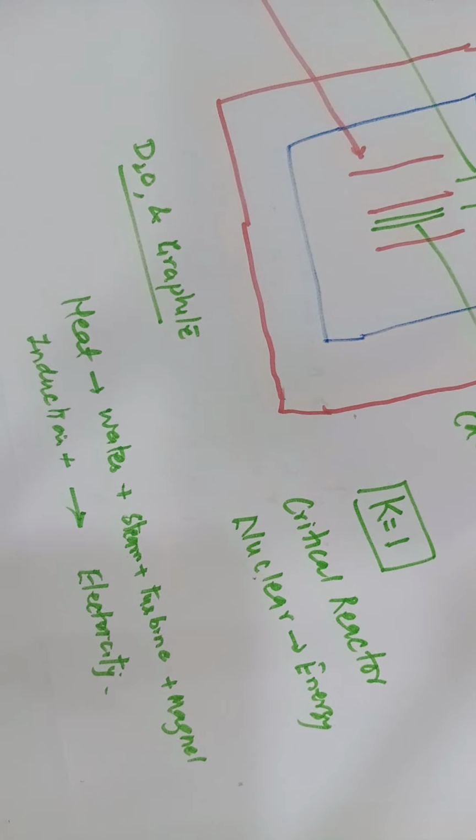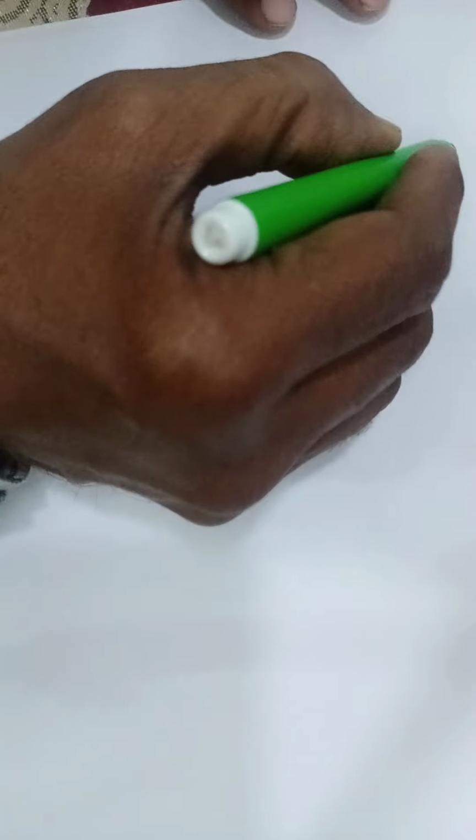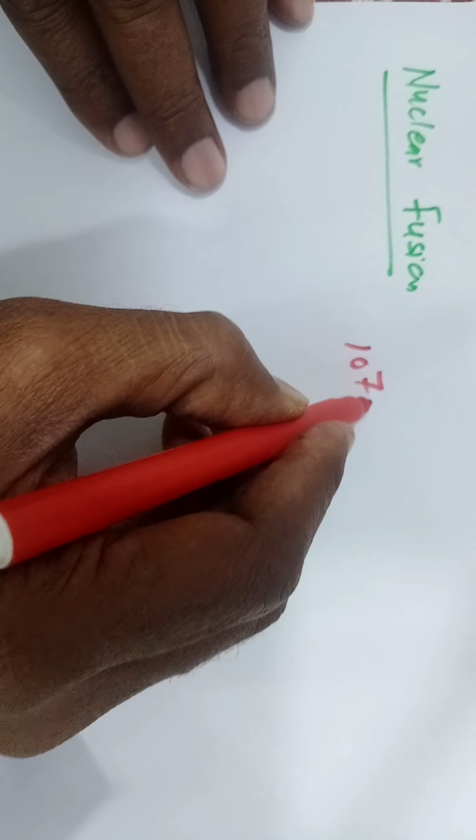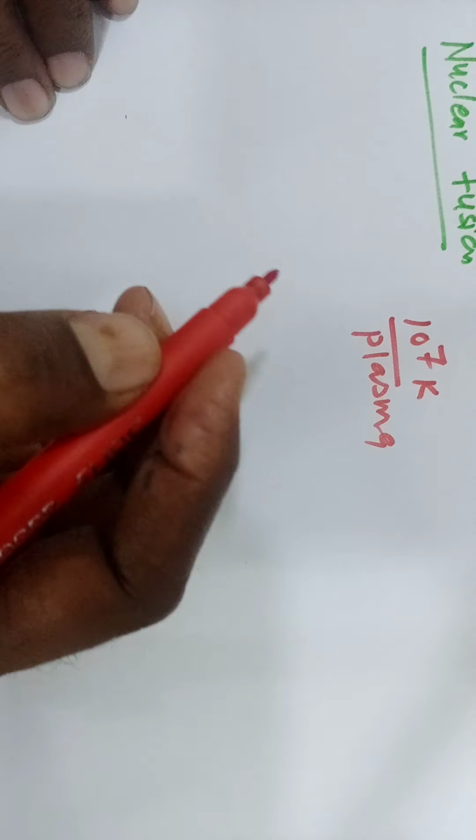So one more thing is there in the binding energy curve. We have seen the light elements. When the light elements fuse into each other, it is one more process that is called nuclear fusion, and this process takes place at a very high temperature. We can say that this process takes place at near about the temperature of the sun, 10 to the power 7 Kelvin, and at that high temperature the material is in the state of plasma.